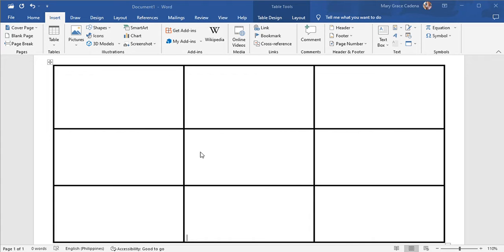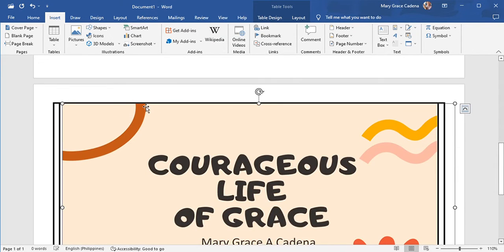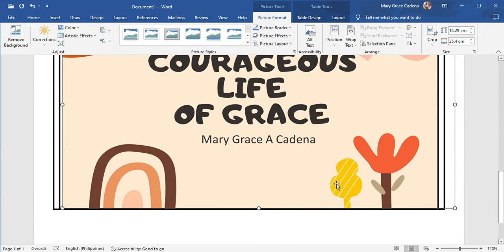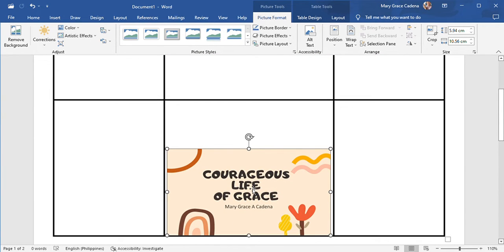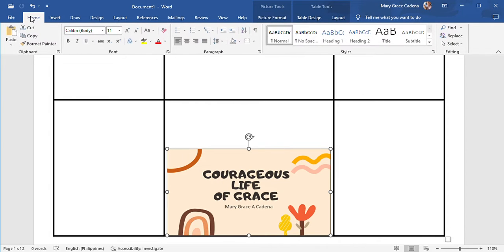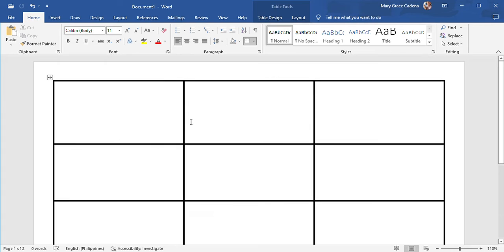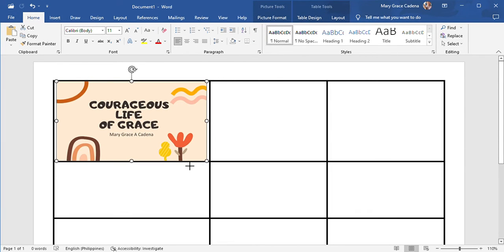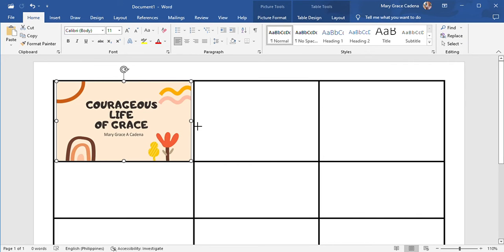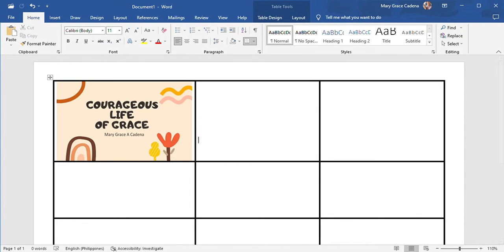So we begin with our title. Since it has become big like this, of course we need to adjust the pictures. However, it's actually in this portion, so we need to cut it and put it on the first slide, on the first box. It should show this way. So let's just try to adjust it, a little more. Then let's go to the next.